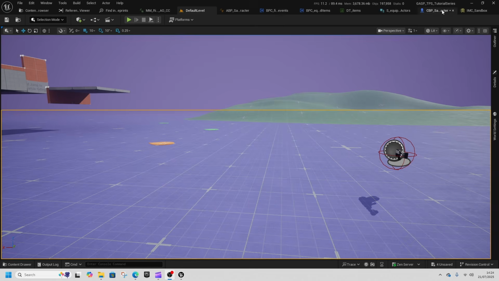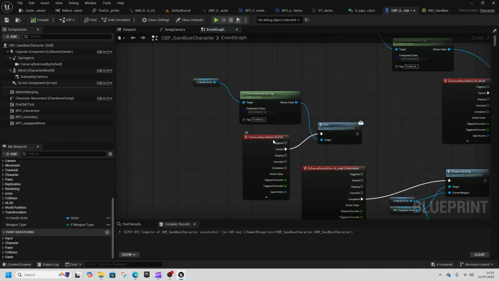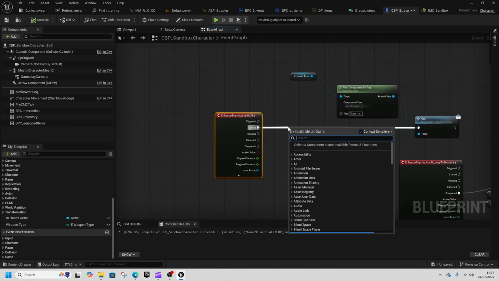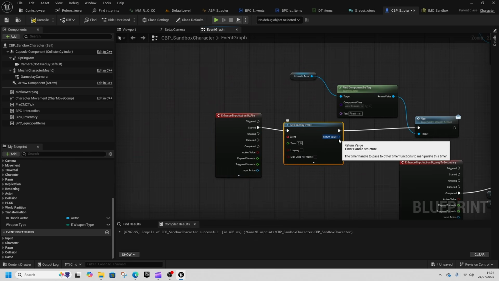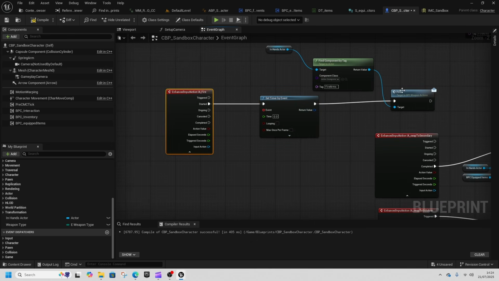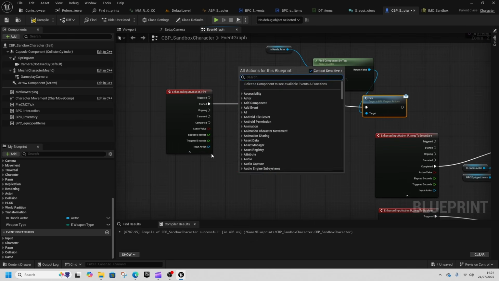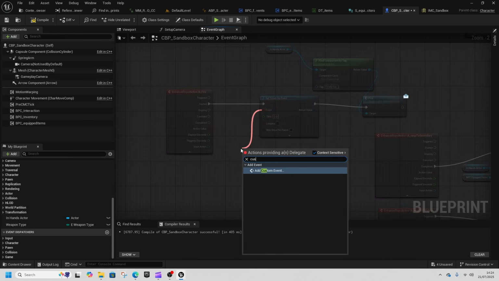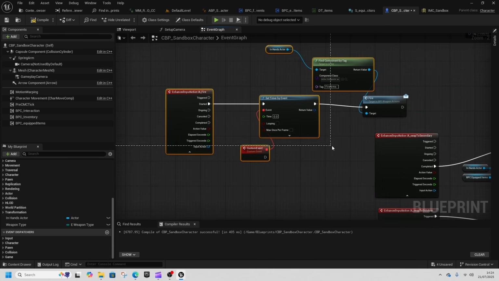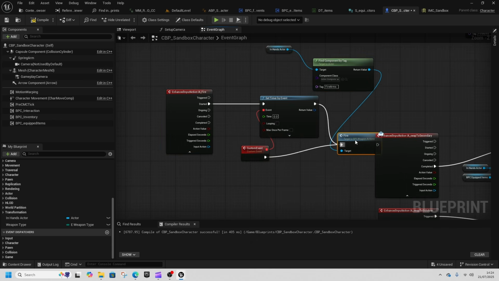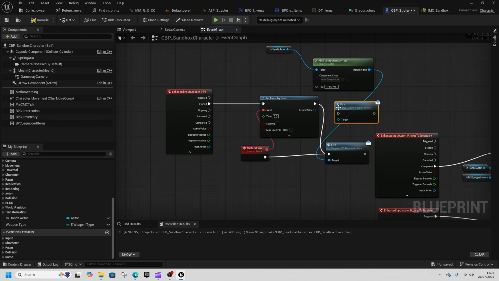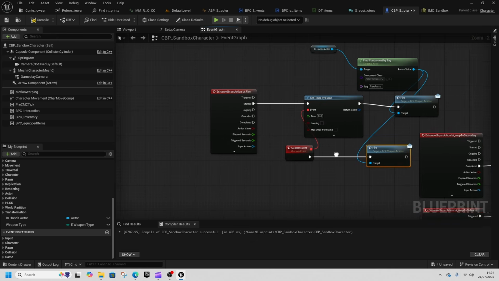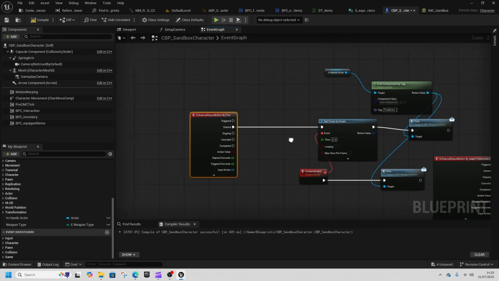While we're here in our character, let's go to fire, and what we're going to do is set timer by event on this, and the event that we want is just a new custom event, and we're going to chuck fire into that. And we'll just duplicate that a sec because we want the first one to fire and then it to keep firing, and the time that we want